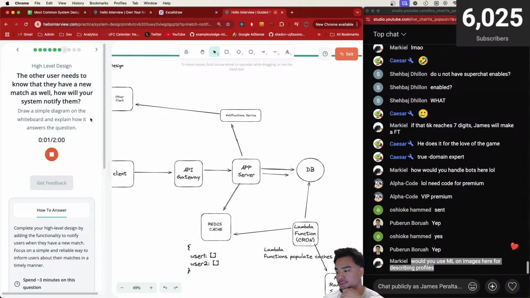Okay, I jumped ahead. The other user needs to know about a new match as well. So essentially, when the client sends a POST request saying yes, what the app server will do is figure out if that other person that they just said yes on also said yes. If they did, we'll create a match in the database. We'll create a new entry for a match in the database, and then we'll also push to our notification service